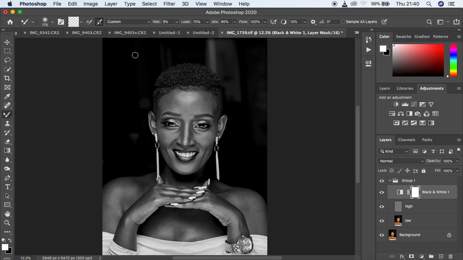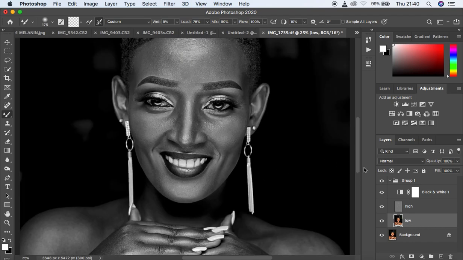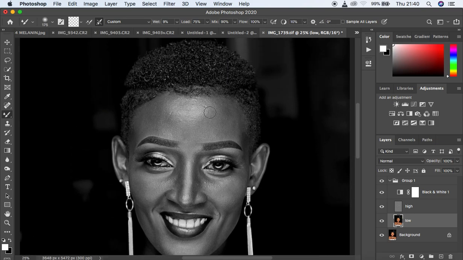So get our mixer brush tool, make sure it is clean. I'm just rushing through all this. Wetness is 9%, load 75, mix 90, flow 100%, and sample all layers is not selected because we only want to work on the low frequency layer. So just come and select it, and now zoom in reasonably like that,